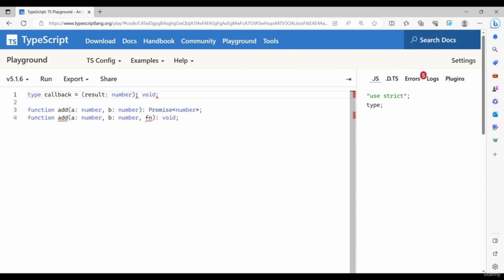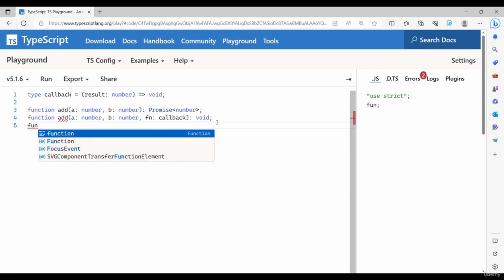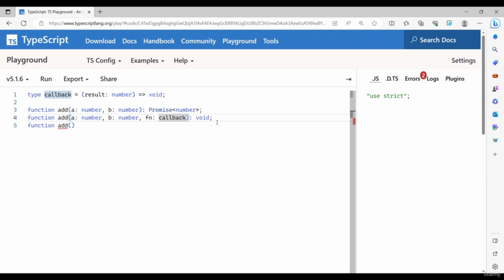So let's see what we have in here. So I just missed this, like this. Okay, right. So the type of this callback function that we are going to receive like this. As you can see in here, the second signature of the function in here is void. Okay, and it's also receiving a callback function. And we can also define another, perhaps, body for this, which can be a function add, and it's going to have everything inside of this exactly in here, but this function is going to be this time